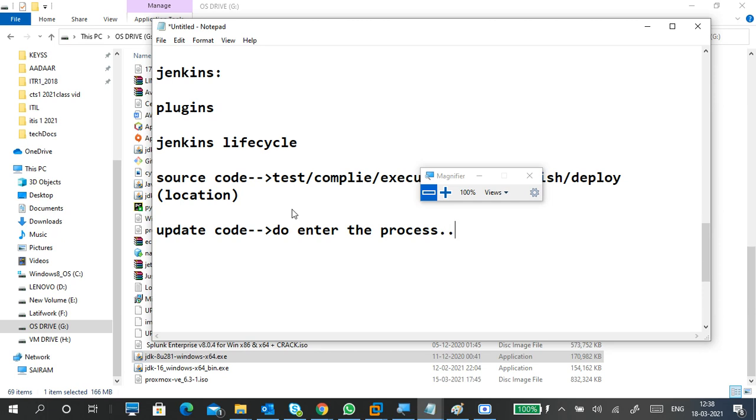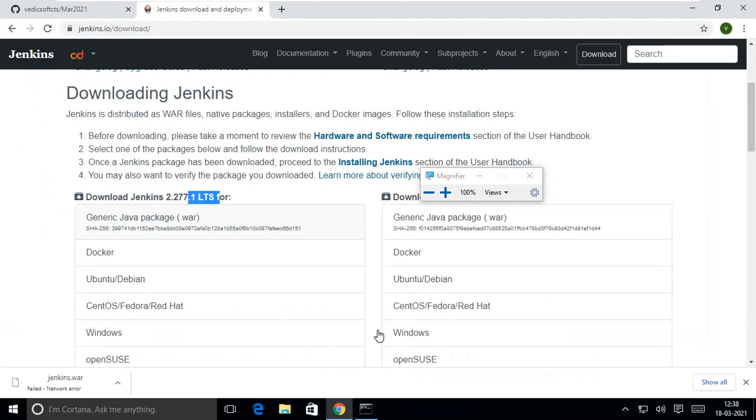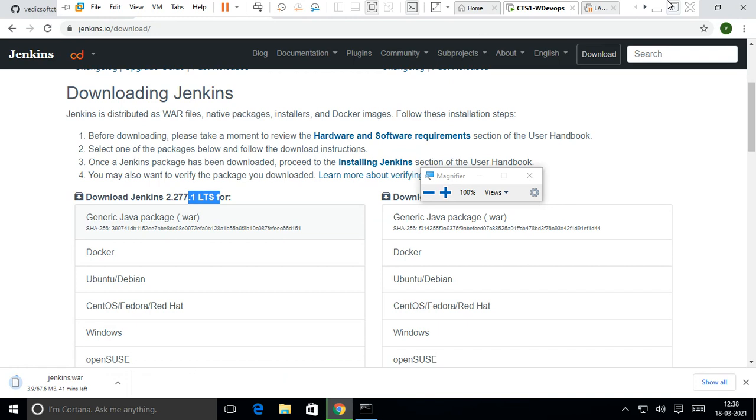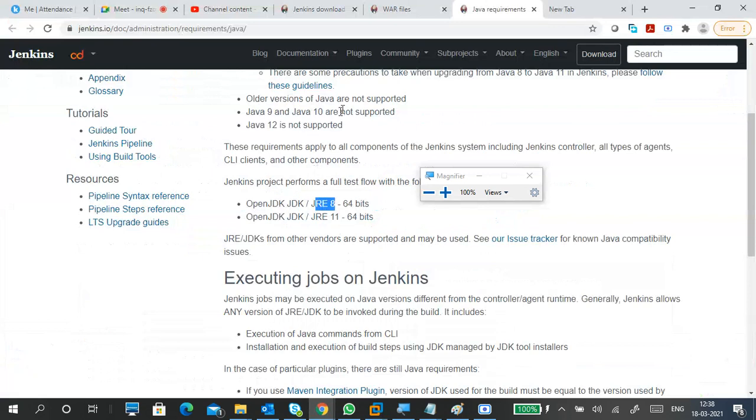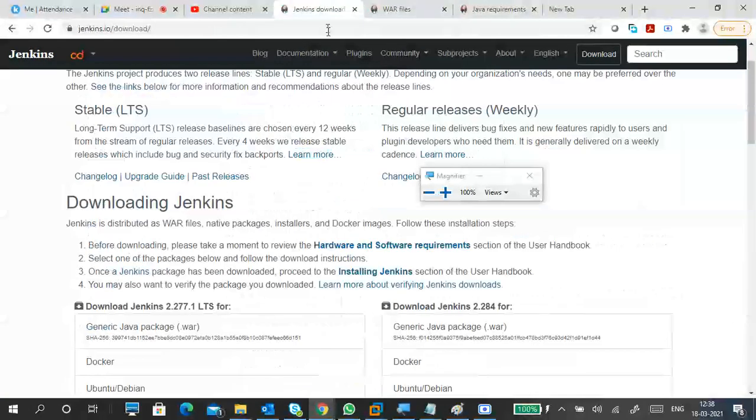So that's the thing, the life cycle of source code. Okay, so we'll see how it works. So meantime it may be downloaded. Okay, error. Okay guys, it is because of this Google Chrome only, right? It is taking time to download, so I'm downloading on my physical machine, then I will copy from there to here.